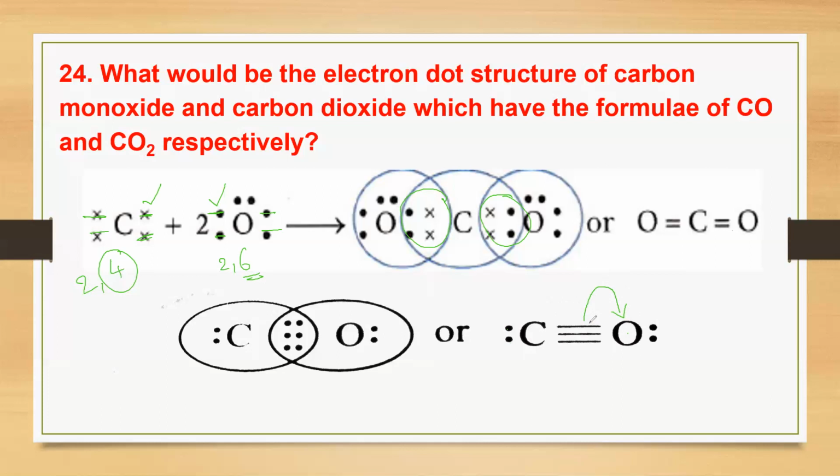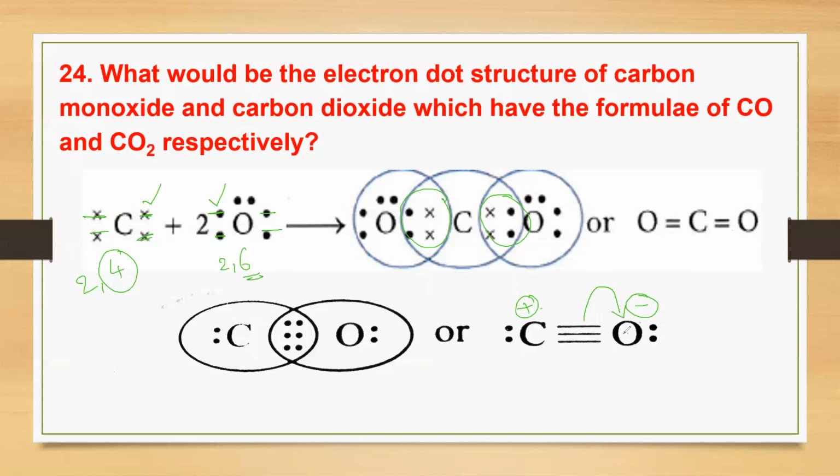Try to remember one thing: oxygen is more electronegative. The bonded electrons, these are the electrons involved in the bond, always move toward the more electronegative atom, which becomes negative. By taking electrons from the bond towards oxygen, carbon gets a positive charge because it lost electrons. That's why it gets a positive charge.